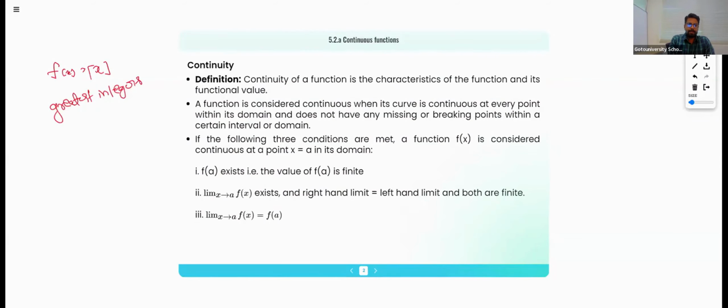Such that if you take f of 1, what is the greatest integer less than 1? It is 0. Similarly, f of 2, the greatest integer less than 2 is 1. Similarly, f of 1.5, if I take, this will also take 1 only as an answer. If I plot the graph of this function,